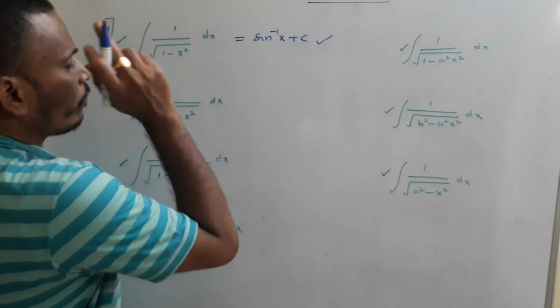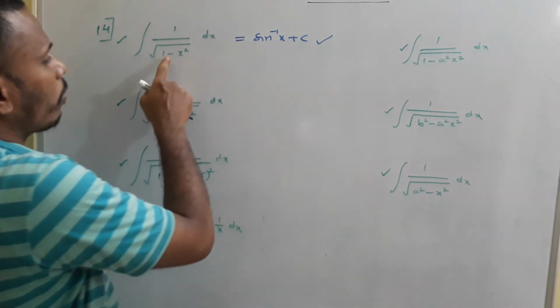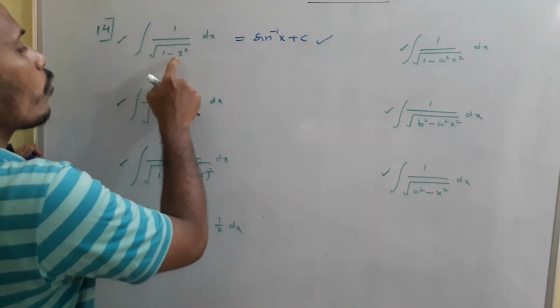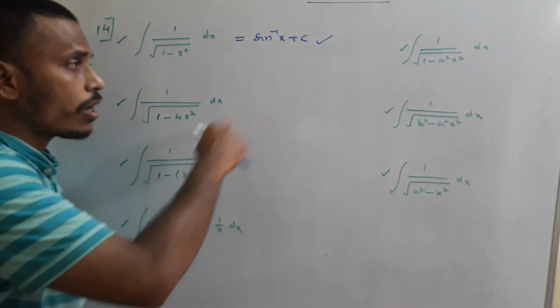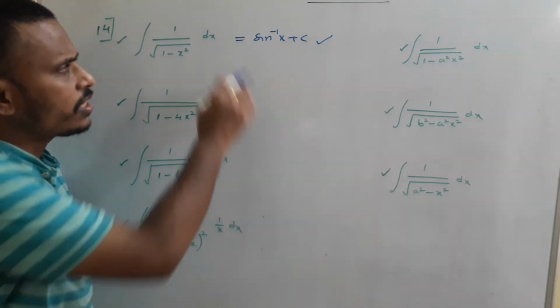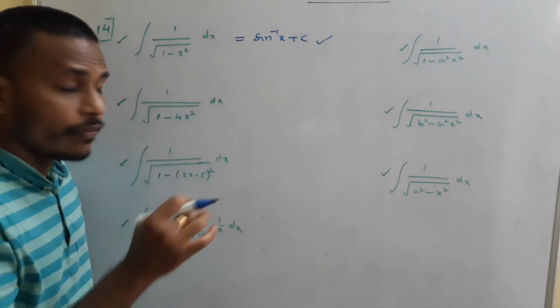First of all, we learned in derivatives that the derivative of sin inverse x is 1 by root 1 minus x square, and now in integration, integral of 1 by root 1 minus x square dx is sin inverse x plus c. Now our task is to answer these bits using this formula. Okay, this is the standard formula. For every problem we need to use this, and at the end we will answer.